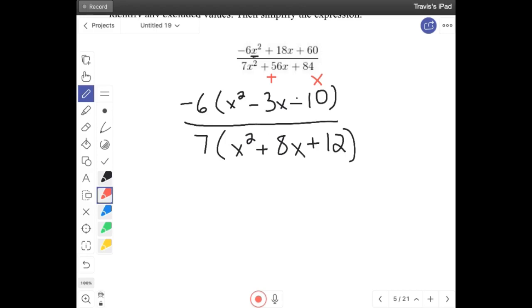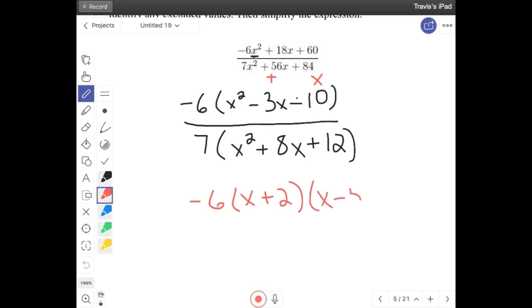So if I am looking at -10 and -3, both are negative, so since it has to multiply to get the last number, I know I'm going to be dealing with probably 5 and 2, and it looks like that 5 is going to be negative because it's the bigger of the two, and if I add a bigger negative to a smaller positive, I will get a negative number. So what that is going to break down to is -6,